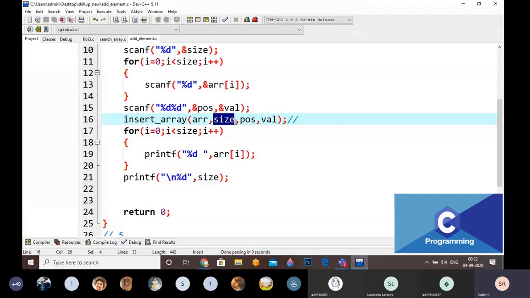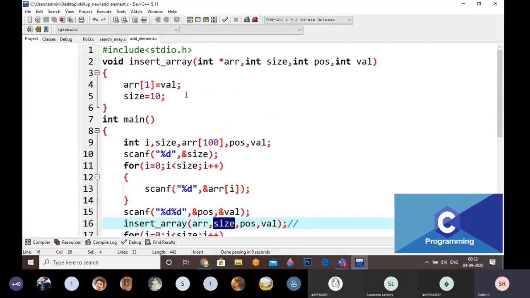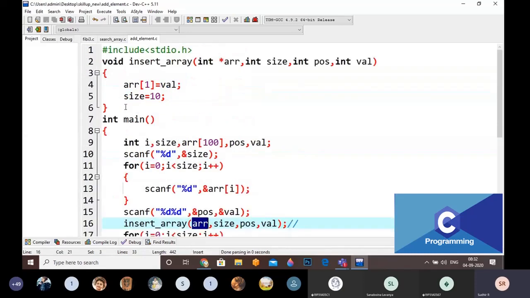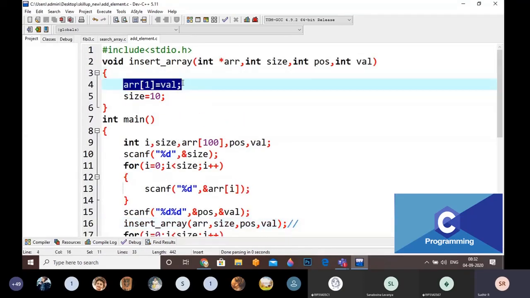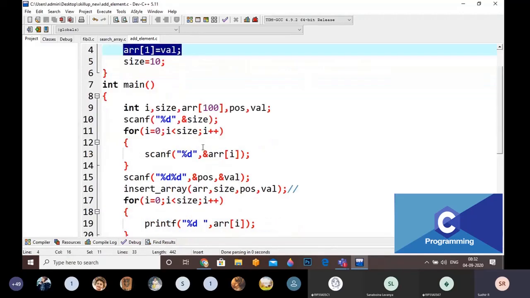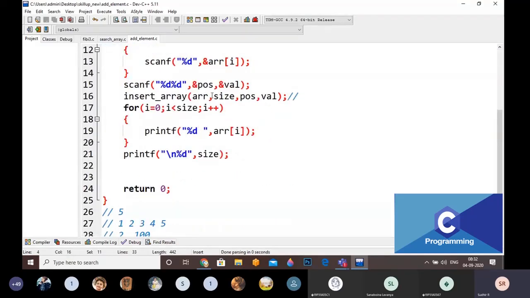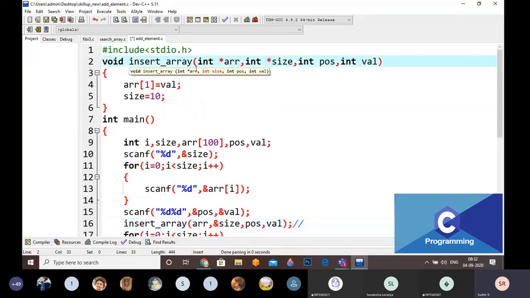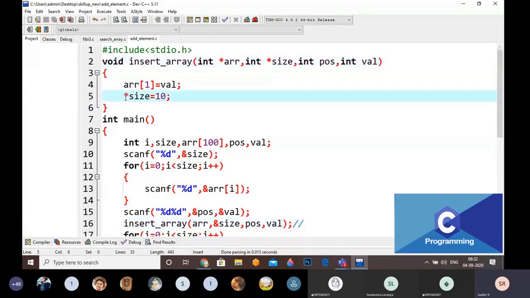I already discussed this in the previous classes, I think. This is the value I am passing. If you are passing the value, any modification done in the function definition is not applicable in main. Here I am passing the address, right? If I am passing the address, any modifications done in the function definition are applicable to the main function also. For example, I am going to pass &size here, and I am going to catch it with *size, and I am saying that *size is equal to 10.